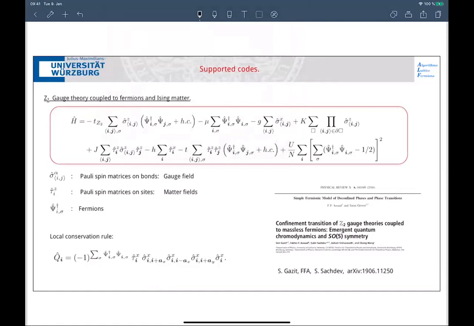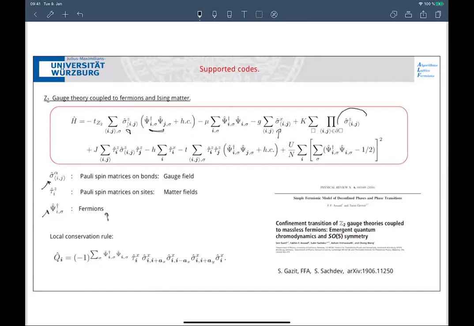So what do I have here? I have the variables. These sigmas are Pauli spin matrices on a link, and a link is between sites I and J. This is a fermion, so the fermion hopping will depend on the sign plus or minus of this dynamical variable. This is a dynamical variable because on each link I have a minus g sigma x. That means that this sigma z can go up and down as a function of imaginary time. So these are my fermions, and these are my variables on the gauge fields, as they're called.